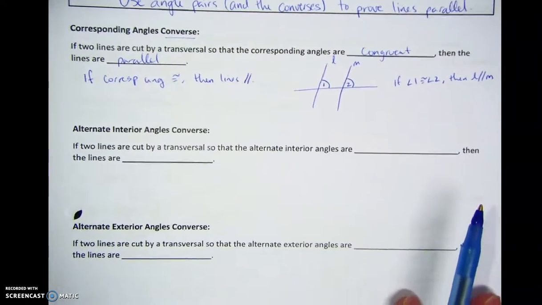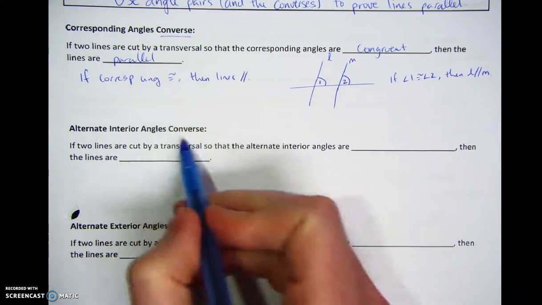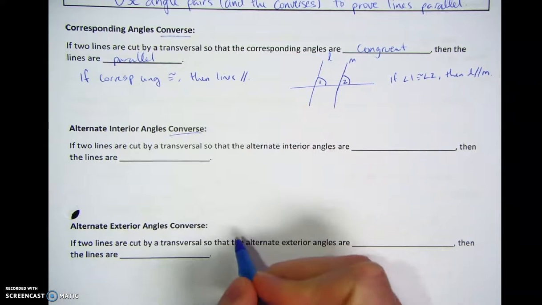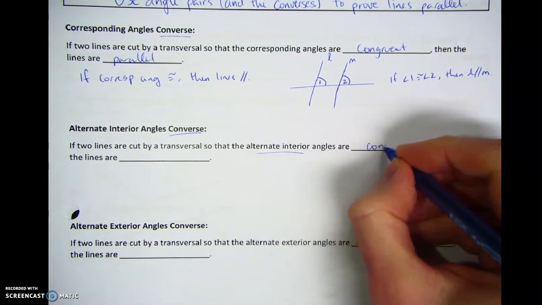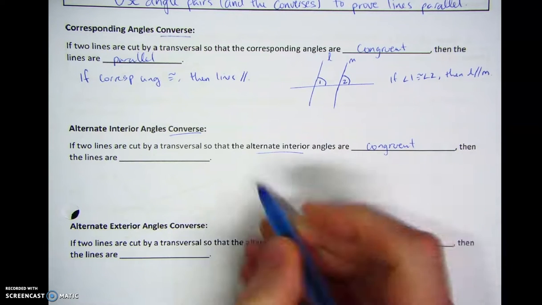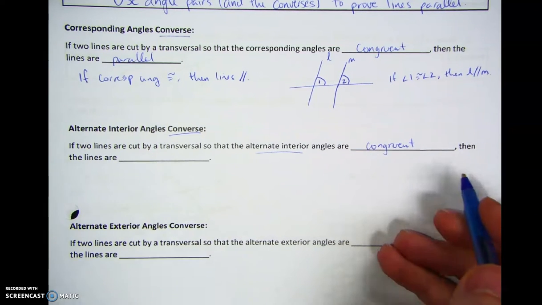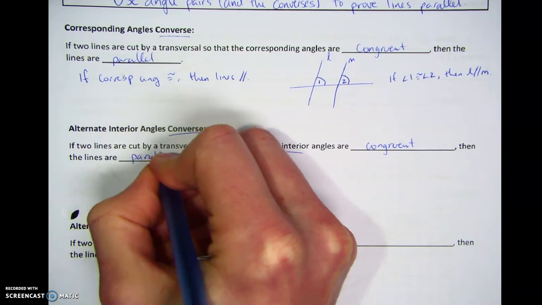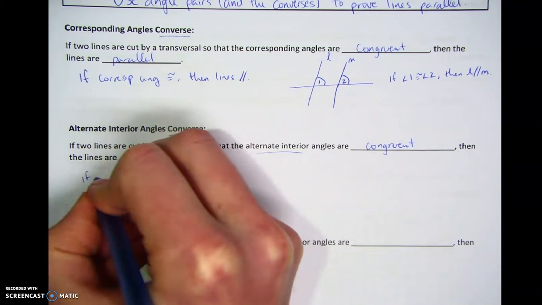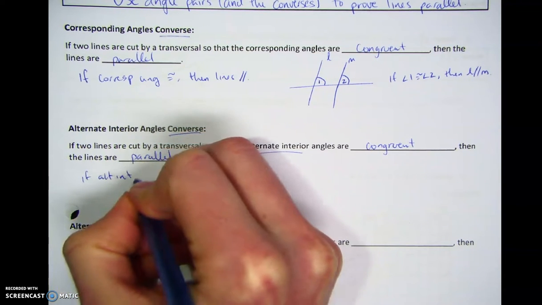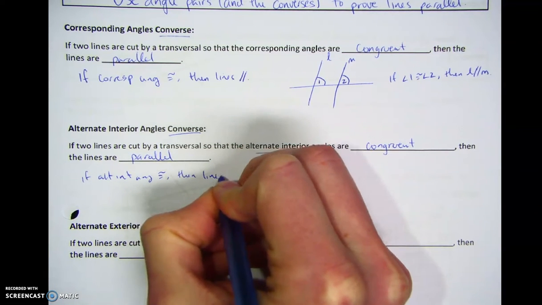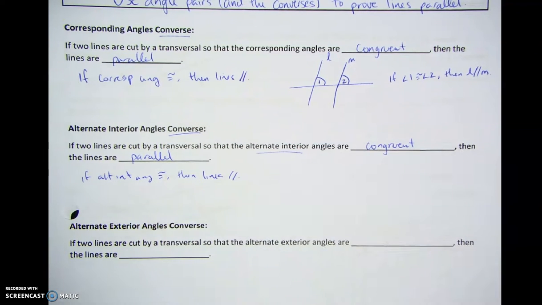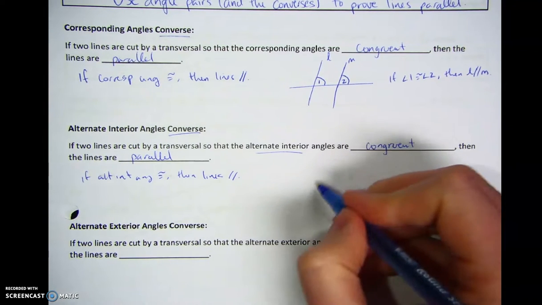From there, we probably have a good idea of what's going to happen next. Each of our theorems is going to give the converse. So here, alternate interior angles converse. When alternate interior angles are congruent, because in the theorem they were congruent, if the angles are congruent, then the lines are parallel. Why are we writing it a couple of different ways? So you've got one that really connects and helps you remember the concept here. And each time we'll sketch